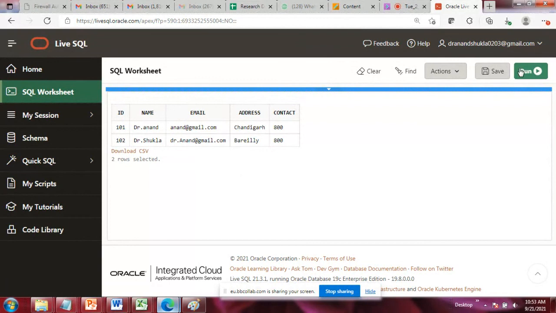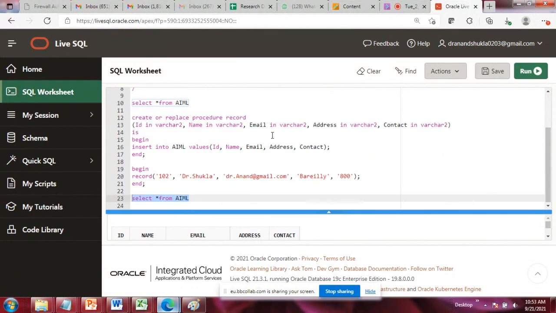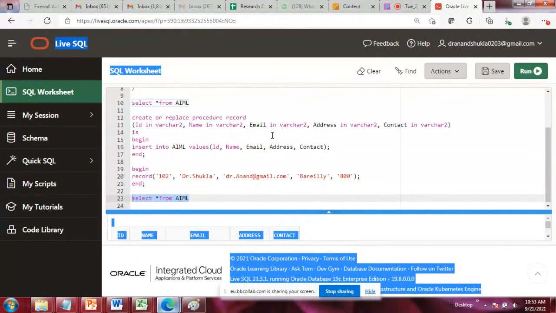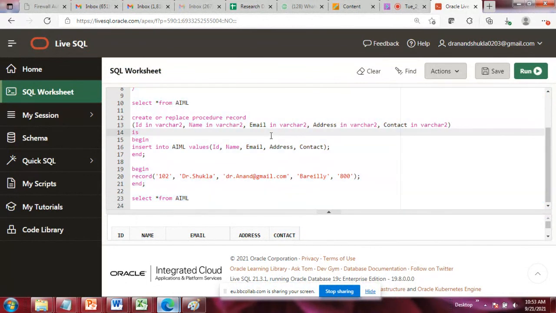Fine. So in this way, you have managed to create the procedure, connect with the database, and insert the record into the database by the procedure. I'm going to give you the code also, so that it will be easy for you to write the procedures for all the remaining operations, like select for selection of records, record deletion, and record updation.